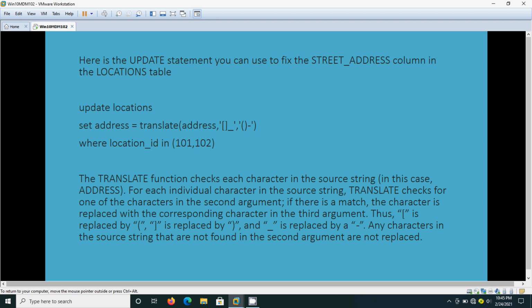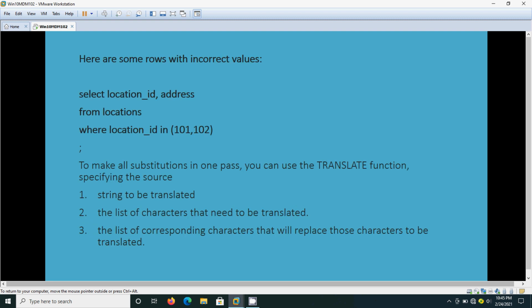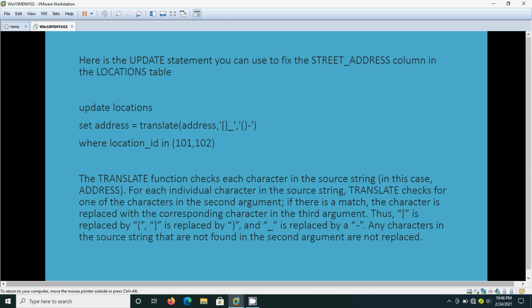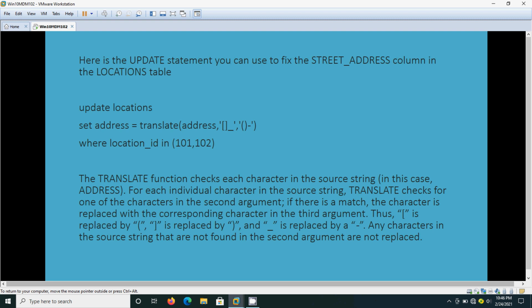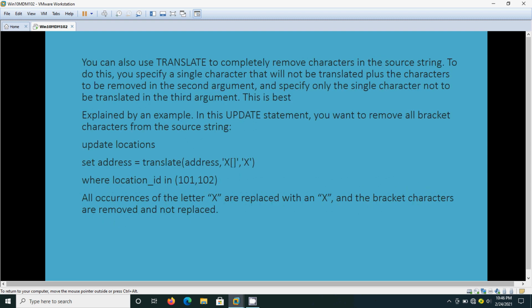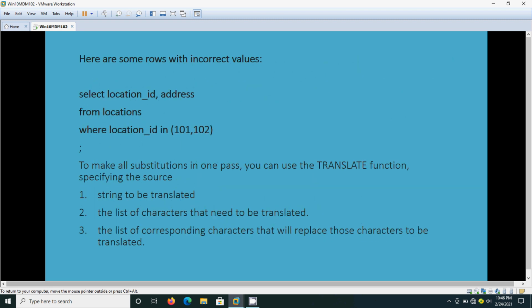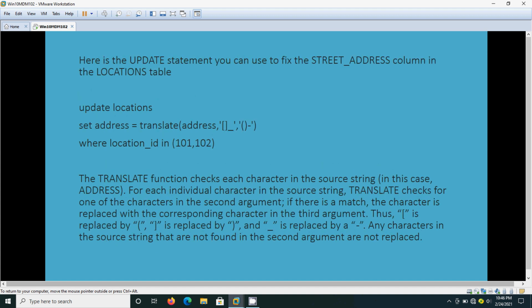So the first one is the string to be translated, here the address column. The second one is the list of characters that need to be translated, that means here square brackets and underscore. The third thing is the list of corresponding characters that will replace those characters, here that is parenthesis and hyphen.